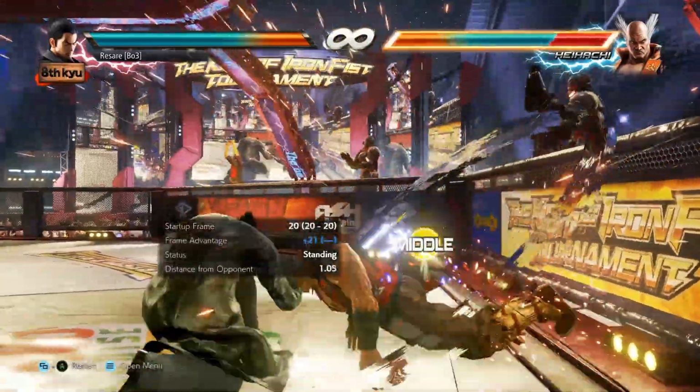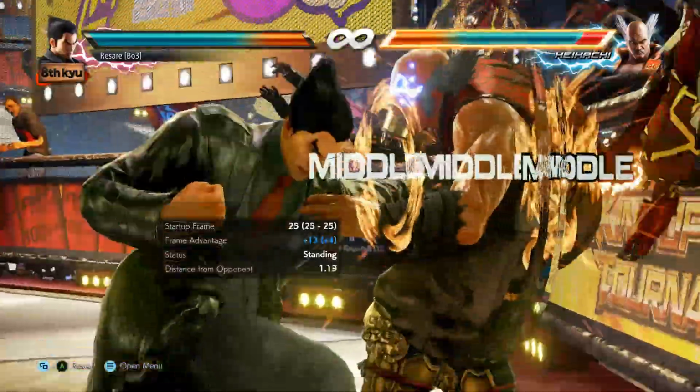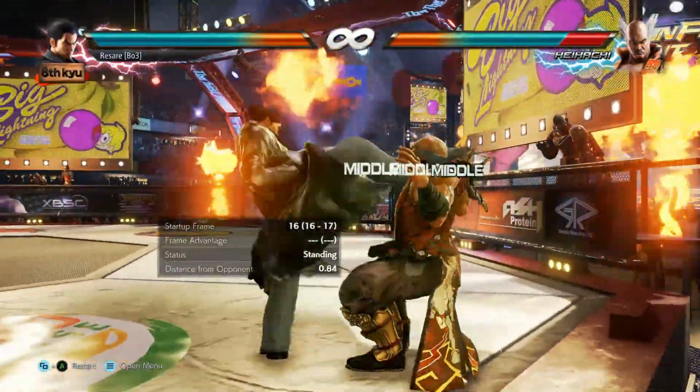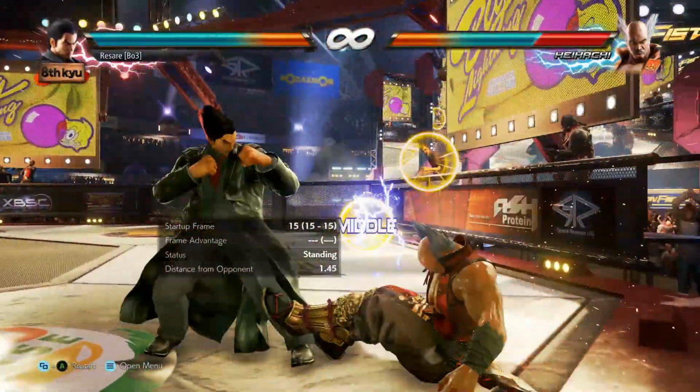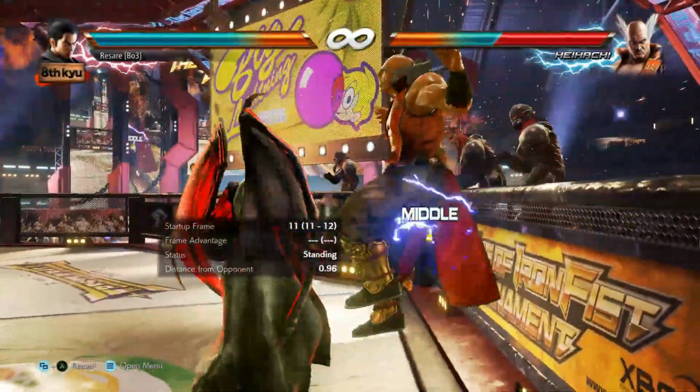For your mids, I recommend down back 2 to grant small knockdown combo. Otherwise, if you're not worried about parry, you can always go for a forward 1+2, which is a safe wall bounce mid. Now if you do have Devil Form, you do get a spicy option with forward 4, which against